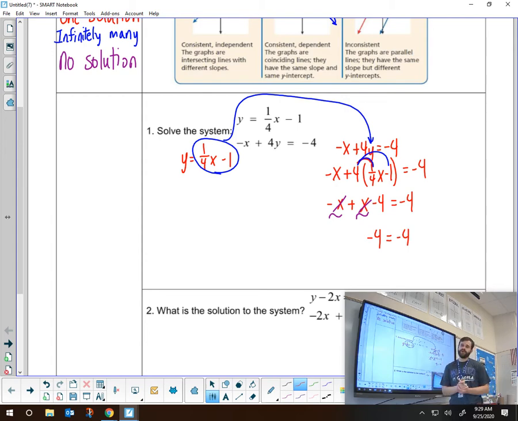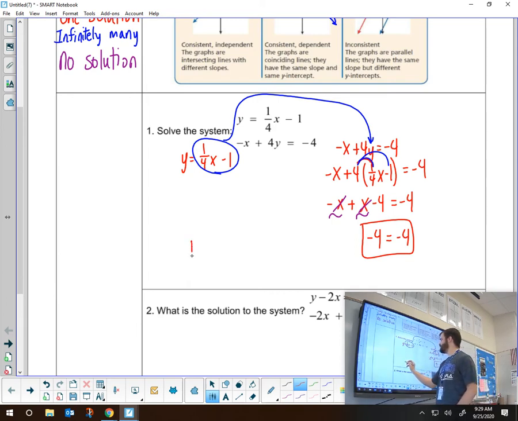Listen, guys, if you ever get to a point where there is no x or variable left in your equation, it's probably going to be either no solution or infinitely many solutions. If we get to this point, where my x's are canceled out, we're not looking for what x is anymore, and it's just a true statement, negative 4 equals negative 4,